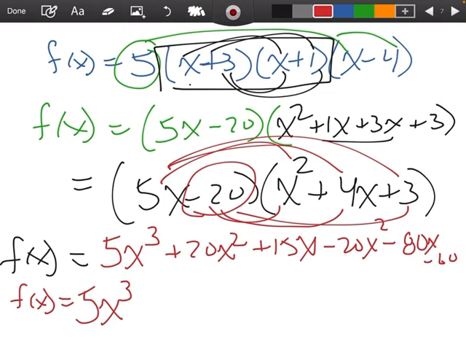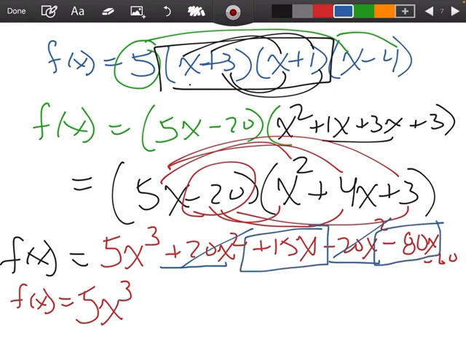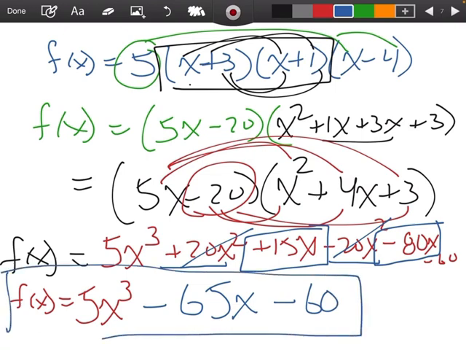Last step, I'm just going to combine like terms. Okay, 5x to the third. Let's see what we got here. A positive 20x squared and a negative 20x squared. Well, guess what? Those are going to cancel out. A plus 15x and a minus 80x should be a minus 65x, and then a minus 60, and there is my answer. Okay, so again, if y'all have any questions, let me